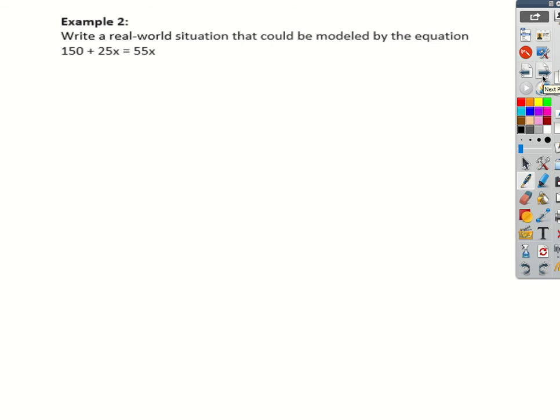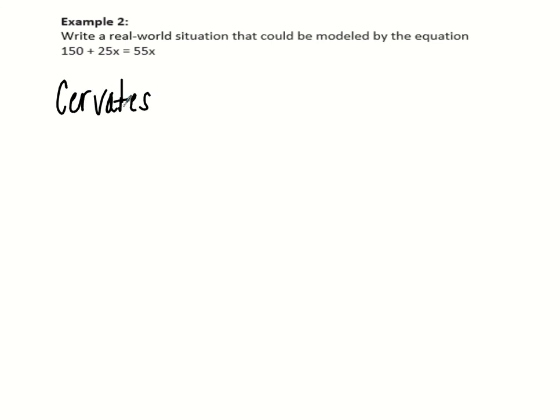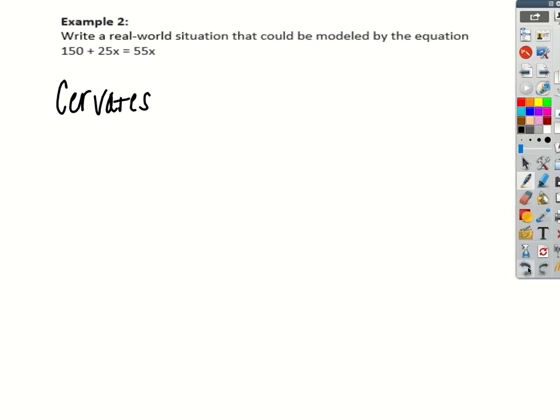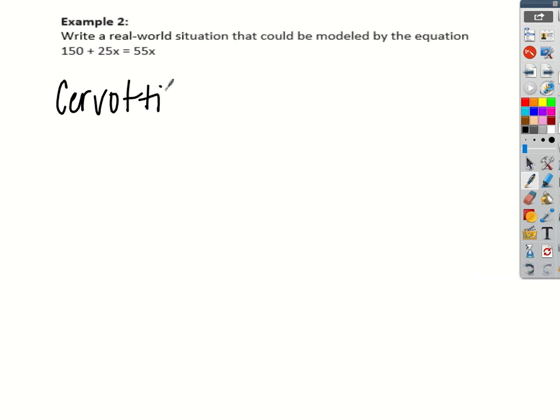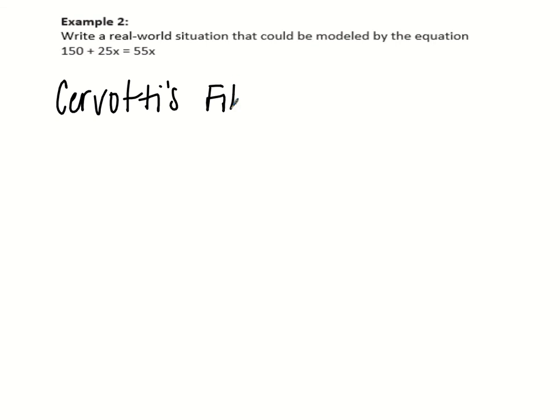Okay. Now a real world situation to be modeled. What can we do? What has realistic, per month, flat fee? Flat fee per month. Let's make it Cervati's Fitness Gym. Is that how we spell it? How do we spell your last name? T, like to lock T. Cervati's Fitness